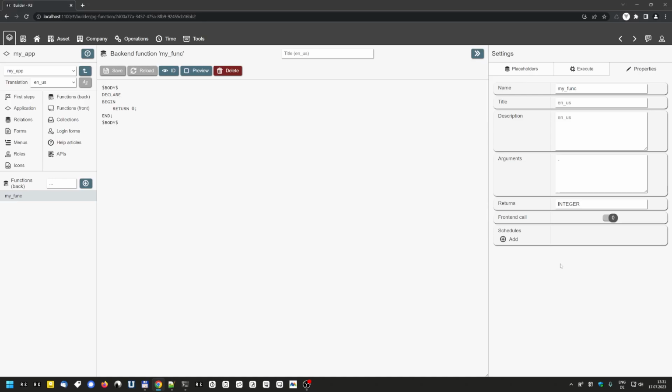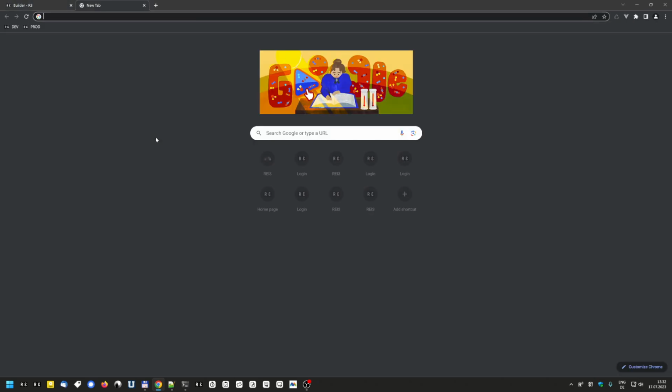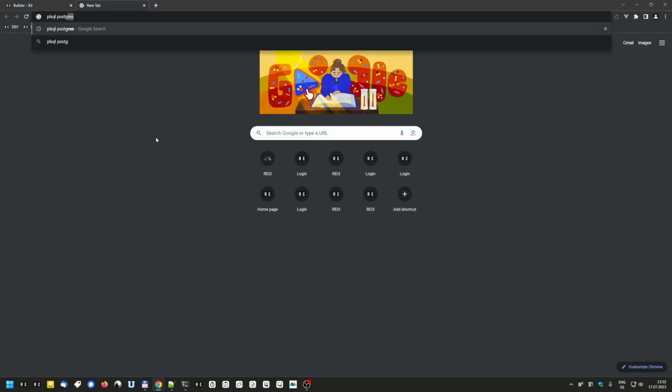So now that we've taken a look at the different options that our function has, let's start actually writing one. So on the left side, again, we have our function body, and this is a particular language. Here we're talking about PL/pgSQL for Postgres. This language is a programming language for the underlying database system, and REI3 always runs on Postgres. So if you want to really learn that language, you can always Google for PL/pgSQL for Postgres, and then you'll